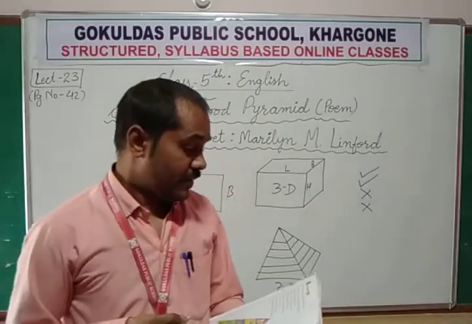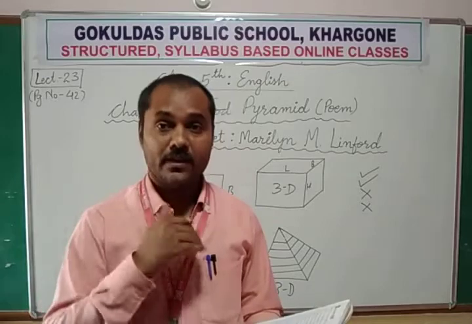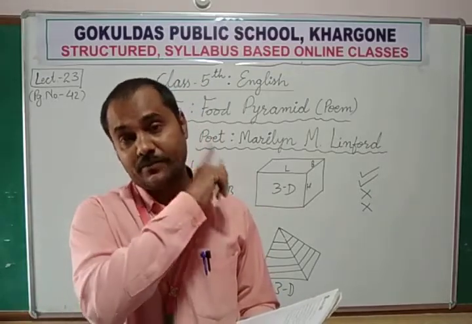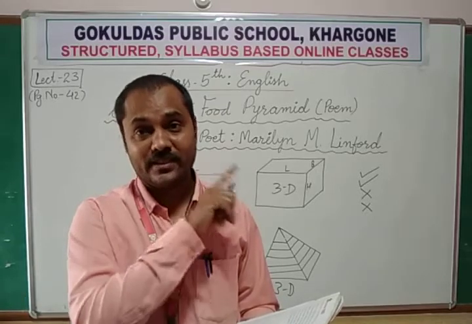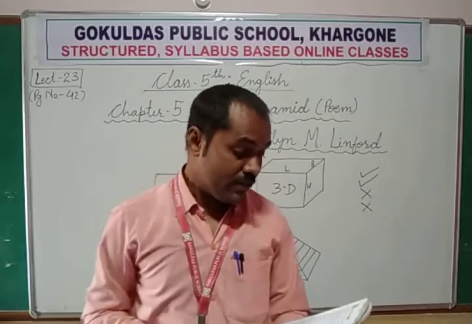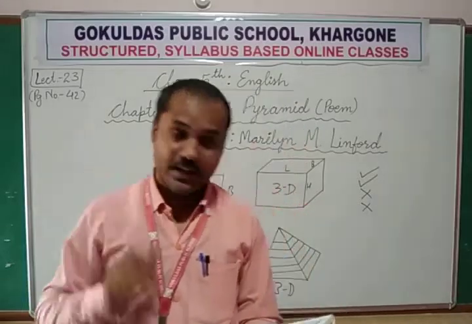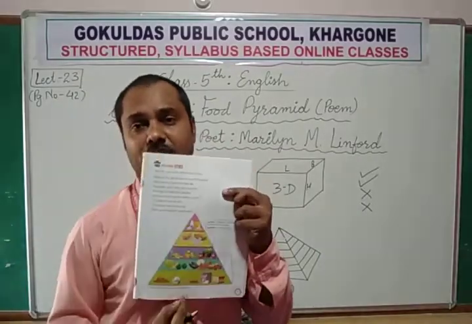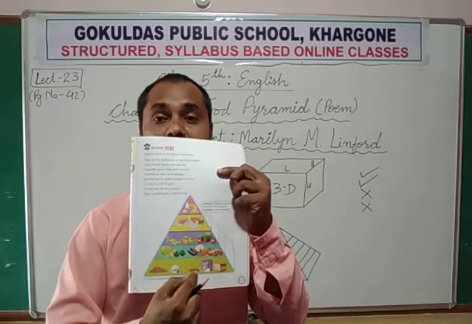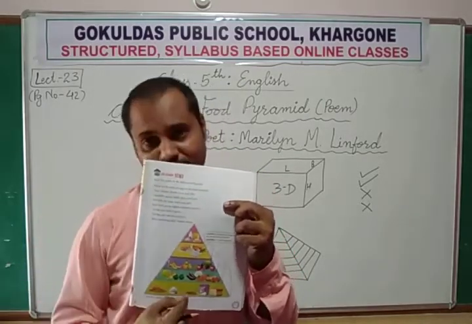Okay, let me explain it to you first, then we will memorize this poem, just like we memorized poem number 2, Alexander the Great. Now we are going to memorize this. There are 5 food groups on the food pyramid. You can see in the picture there are 5: 1, 2, 3, 4, 5. There are 5 food groups on the food pyramid.